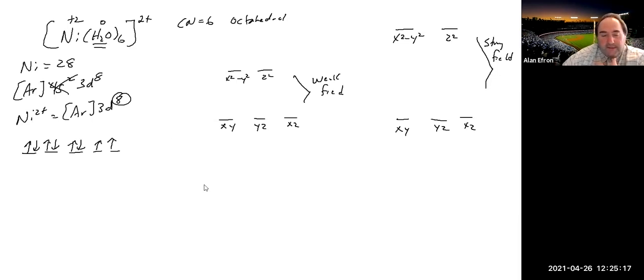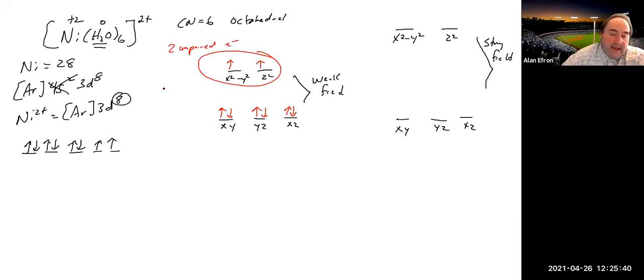So let us do the distribution of our electrons in the weak field. That means we would want to distribute our 8 electrons. So it'll be 1, 2, 3. Weak field means not a big deal. 4, 5, 6, 7, and 8. We end up with 2 unpaired